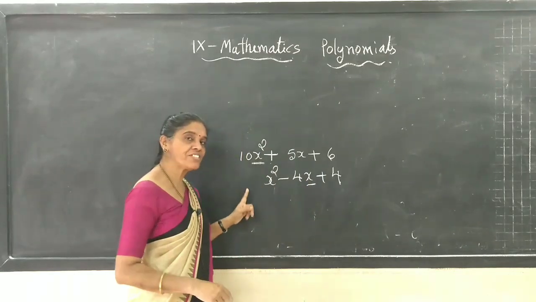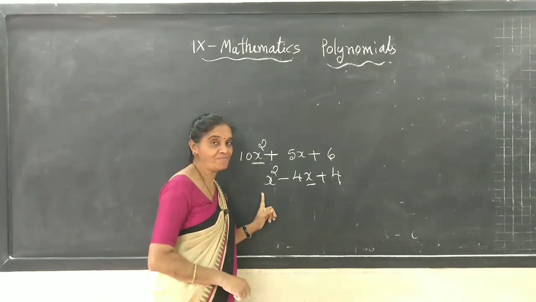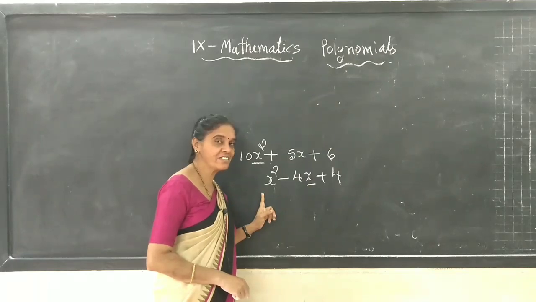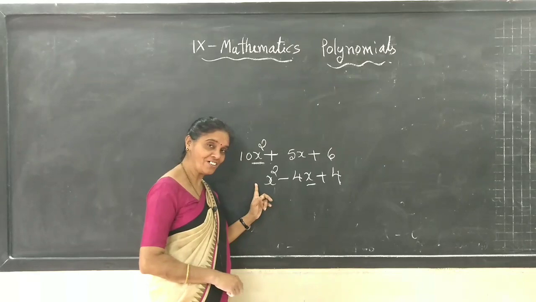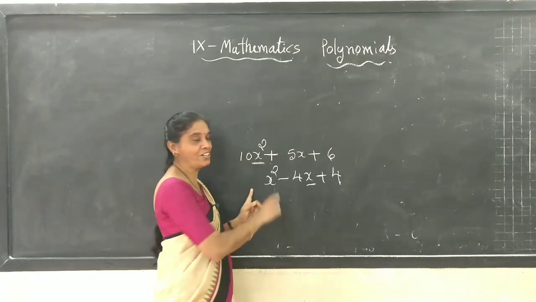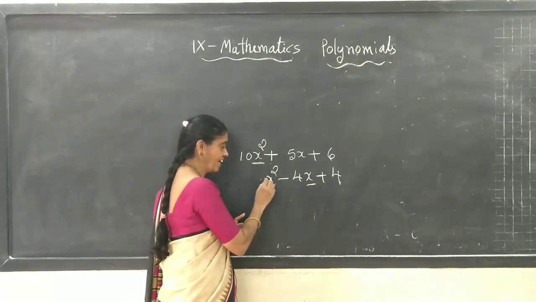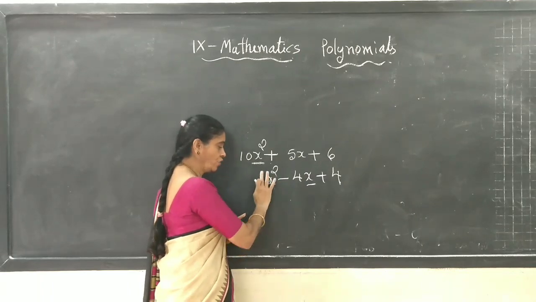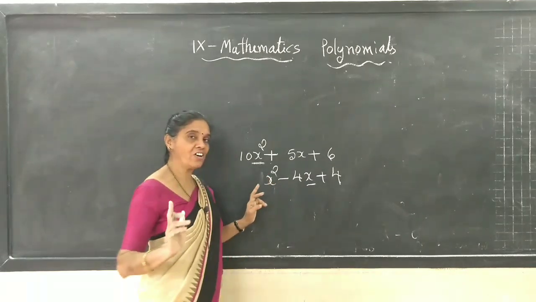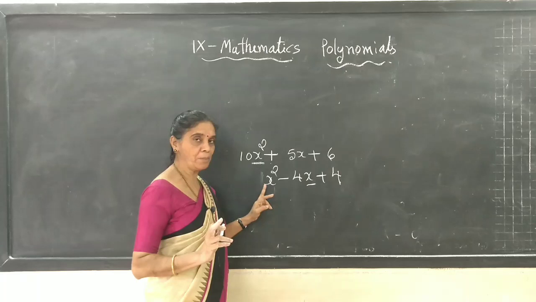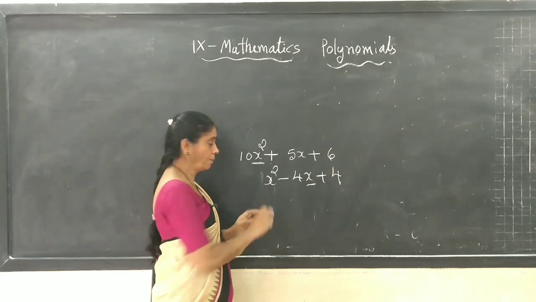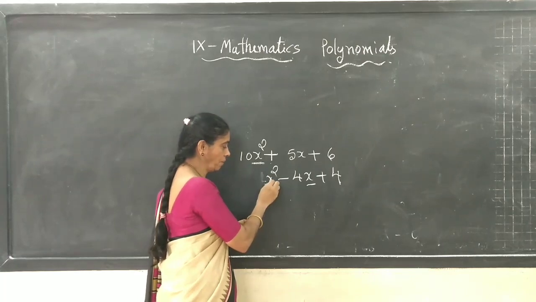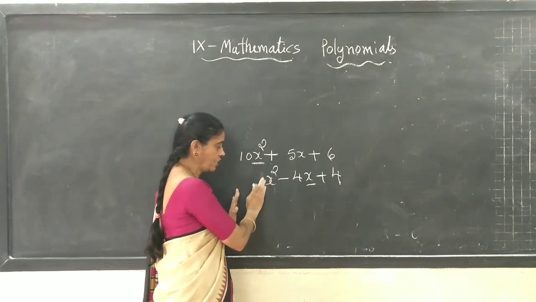Now, what is the coefficient of x square? Guess it. 0? No. It says I have 1x square. Usually in algebra, 1 is not indicated for the variables. It is 1x square, but we will write just x square. So, the number associated with the other part of x square, which is nothing, we should not write 0.